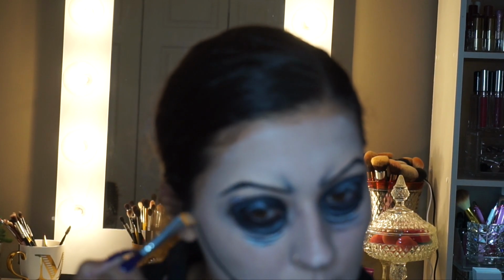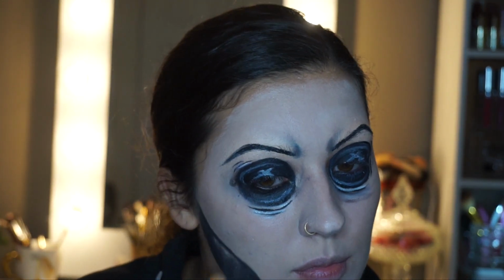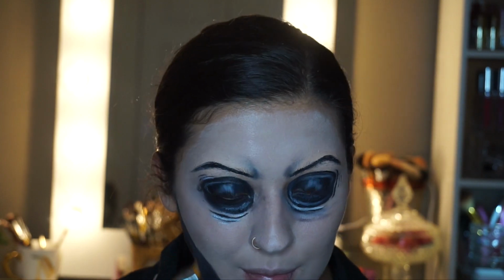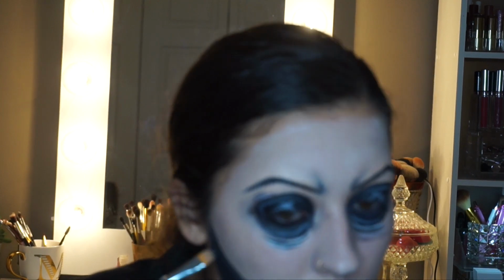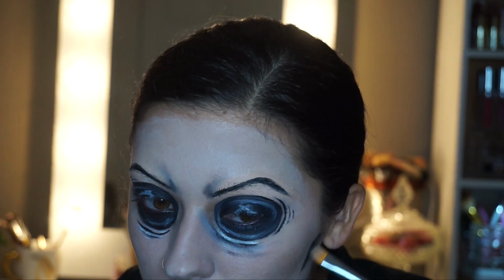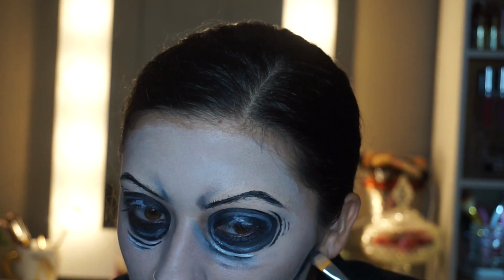But anyways, you're going to want to draw a black line, starting from the ear and going downwards towards the chin. This is just going to shape the face. It's kind of like extremely harsh contouring. But yeah, you're going to want to make it pretty black. And you're going to want to make the face...